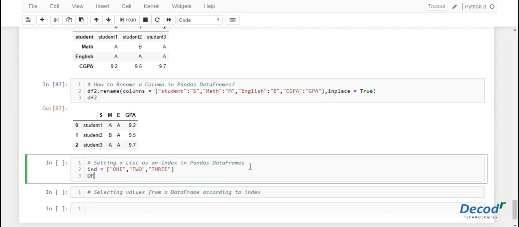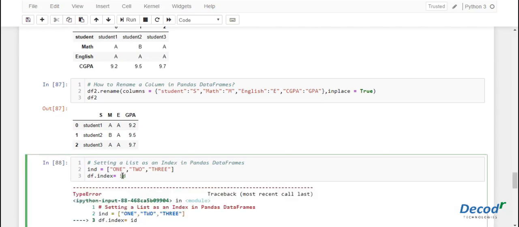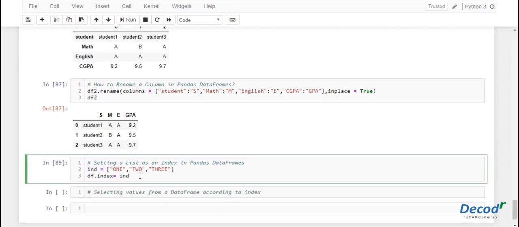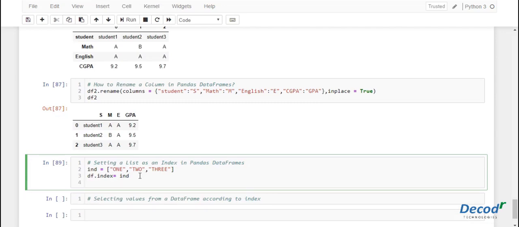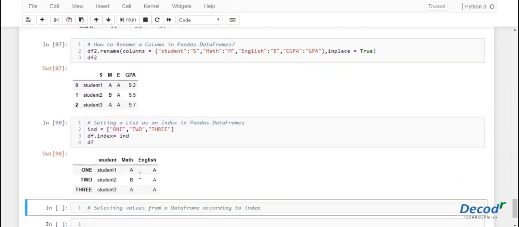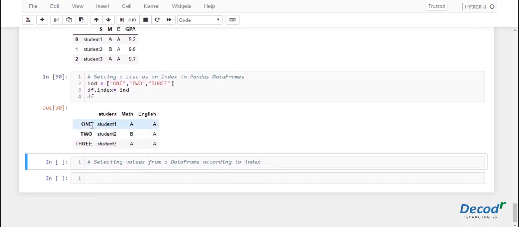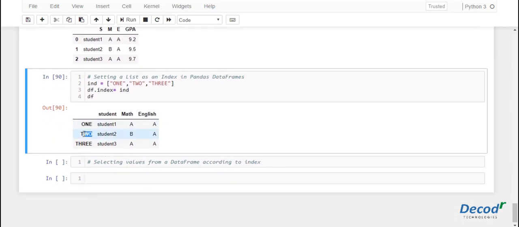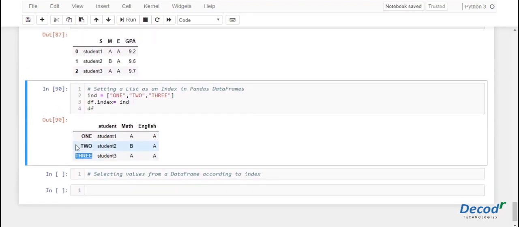Now let's change the index of df: df.index is equal to ind, and now let's print df. You can observe that the index has been changed from numerical values to 1, 2, 3.